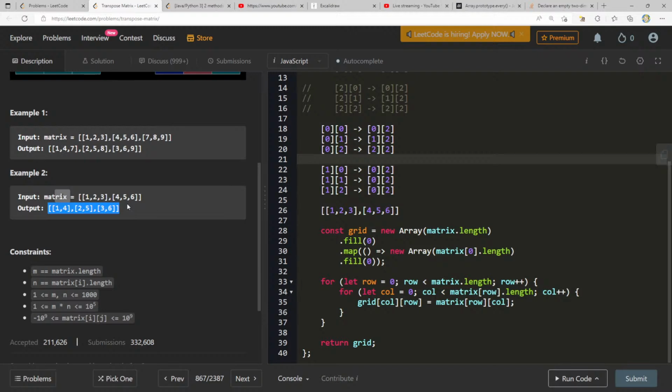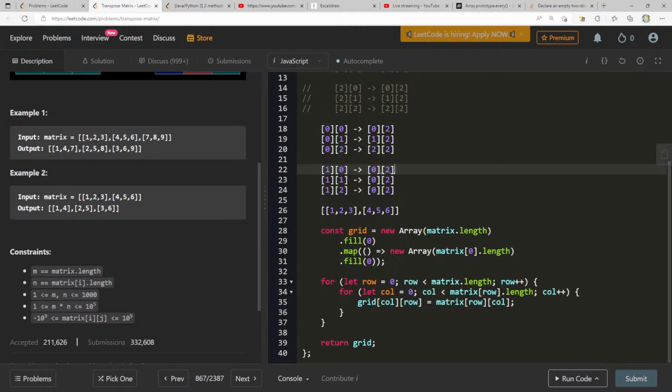So do we create our columns first and then append that to our result? What if we did, would that still work? 1, 2, 3, 4, 5, 6, 1, 4, 2, 5, 3, 6, 1, 4, 7, 2, 5, 8.